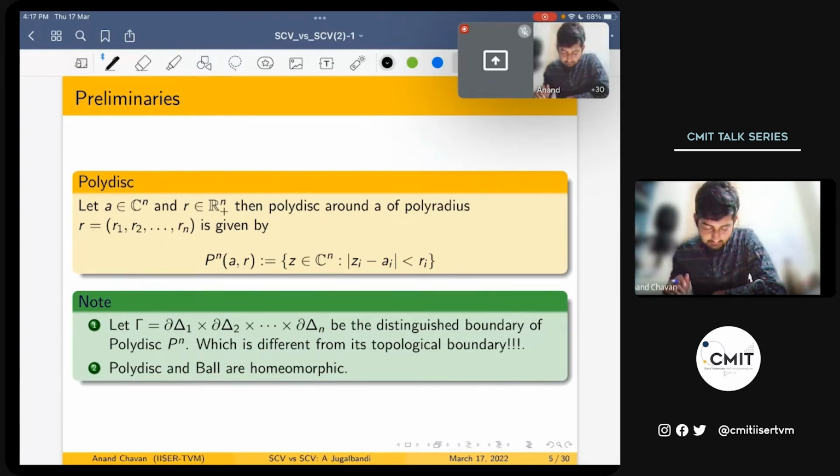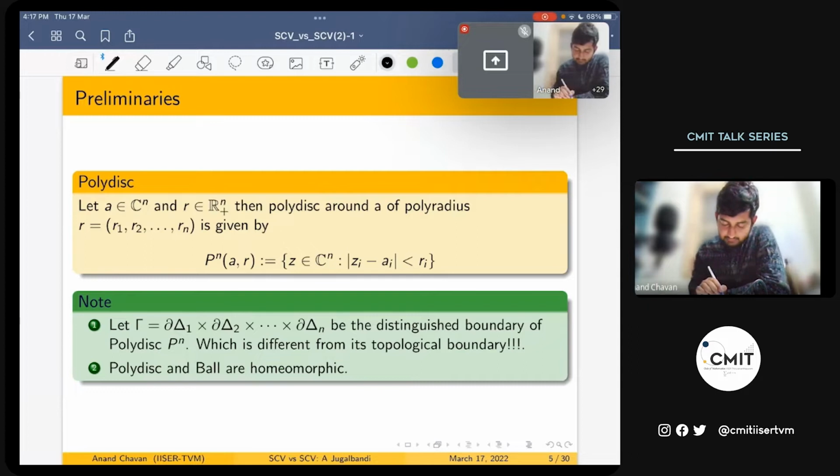Now let gamma be equal to delta D1, where D is the disk in the complex plane. So we are taking the Cartesian product of n disks, the polydisk. Delta D means the boundary of the disk, so we are taking the Cartesian product of the boundaries of n disks. Let us call this the distinguished boundary of a polydisk Pn,